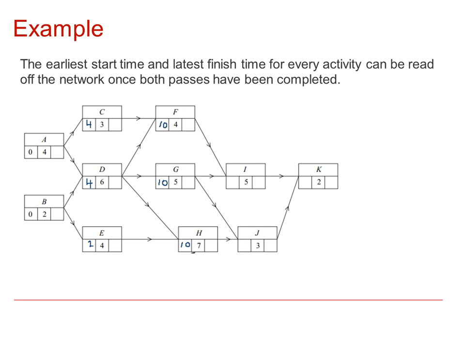Now working to I, this time looking at the two arcs coming into I, one from F giving 14 and one from G giving 15, so the larger of those, 15. And then to J, again 2, one from G, 15, and one from H, 17, so 17. And then finally to K, two arcs giving us